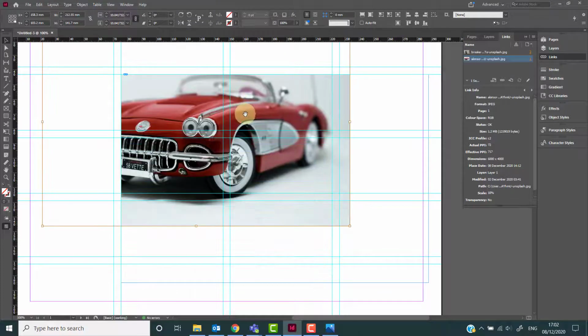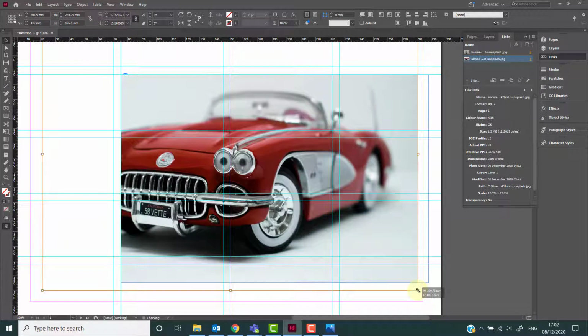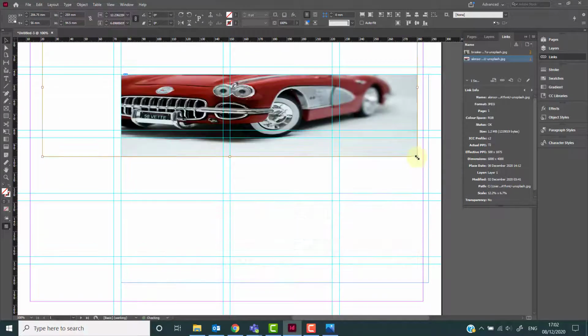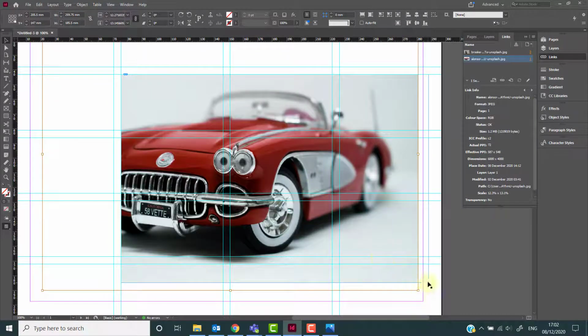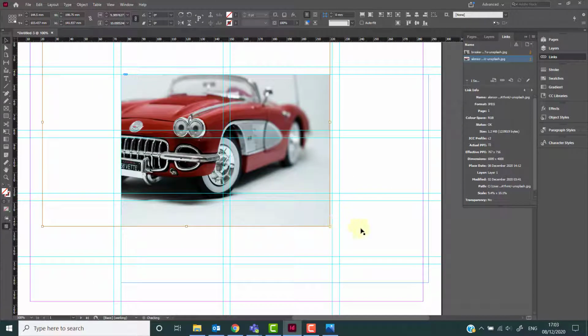Clicking on the corner edge will allow us to increase or decrease the size of the image, although be aware that you can easily distort your image this way. To prevent this, we can hold down the Shift key, which will constrain the image's proportions while we scale it. Now, click on some blank area of the page or pasteboard to deselect it, and click the image once again